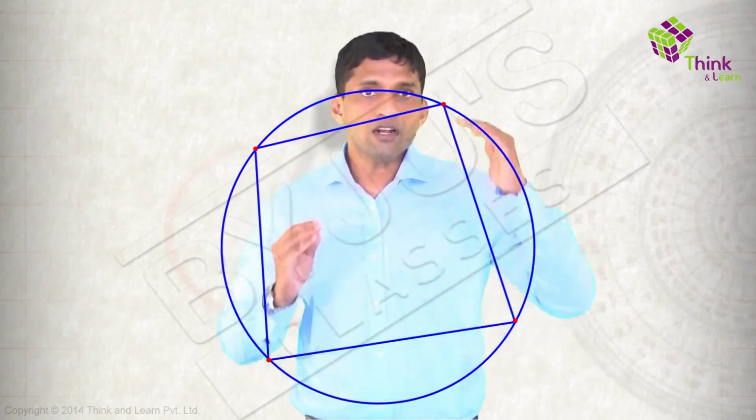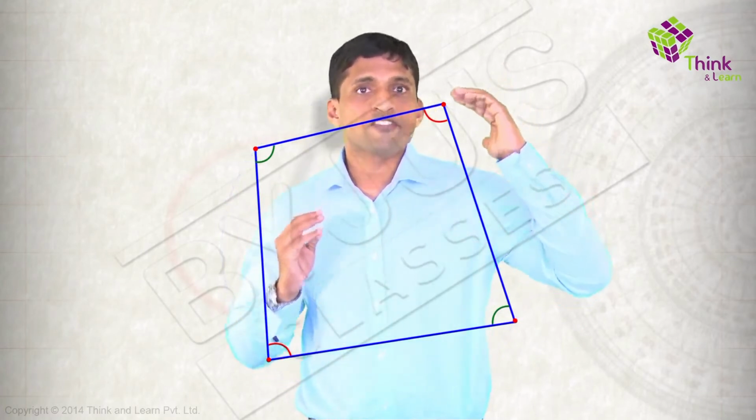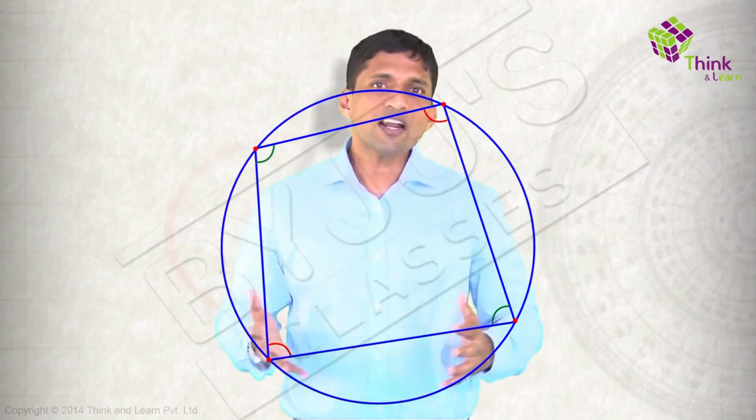The next one is, in a cyclic quadrilateral, sum of opposite angles is 180. And the converse is, if sum of opposite angles is 180, then the quadrilateral is cyclic. So these are very simple theorems, and all theorems got summarized in a couple of minutes. Once you understand these theorems using visuals, you will find it very easy to use while solving questions, and not just while solving questions, even while proving theorems.